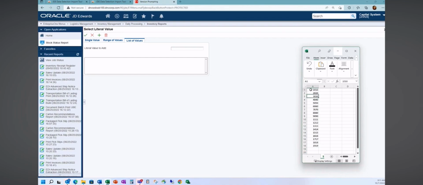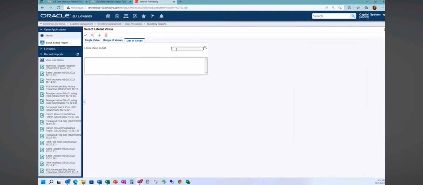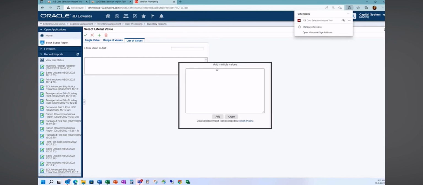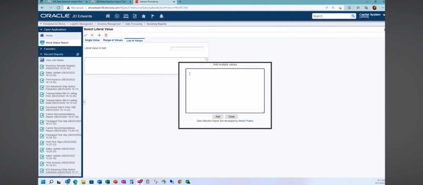So what I'm now going to do is copy all of the items that I want to run this report off of, just a Control C after I select it. I'm going to come over here, click inside my list of values, but instead of trying to copy and paste it in here, which we all know does not work, I'm going to go to my data selection import tool and click on it. You'll notice now that it gives me this option to add multiple values. All I need to do now is click into the box, Control V, click Add,